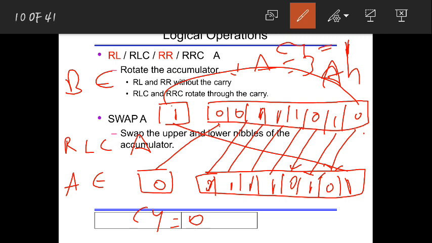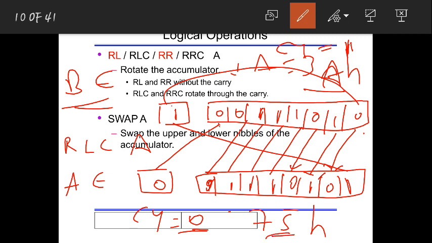Here this is 0. That means this is equal to 7. Accumulator A is equal to 7 and this is equal to 5. So you got 75H, 0 1 0 1 is 5, and this is 7. So before execution A was 3AH and carry was 1. After execution, carry is equal to 0 and accumulator is equal to 75H.